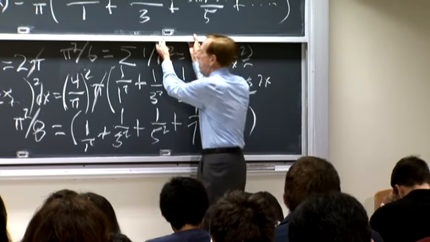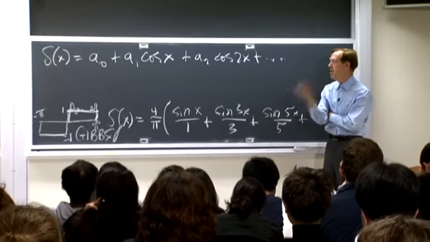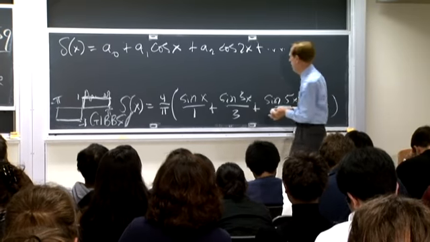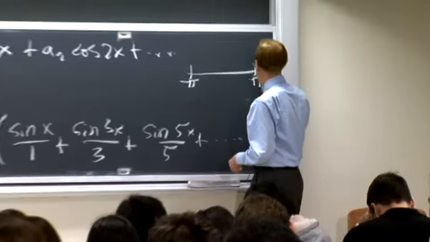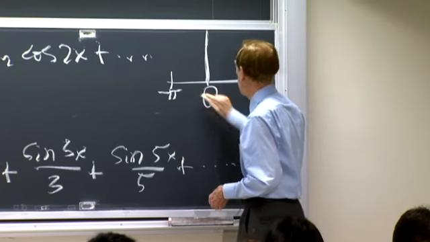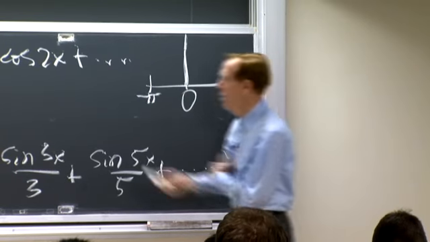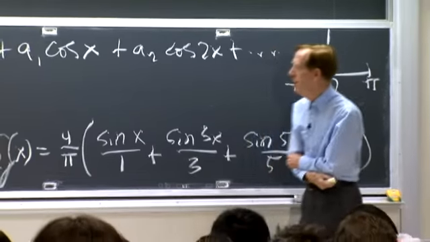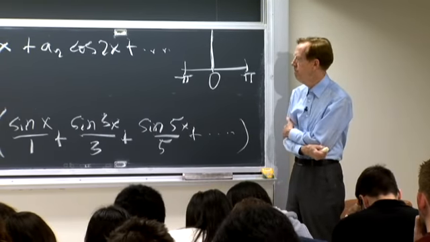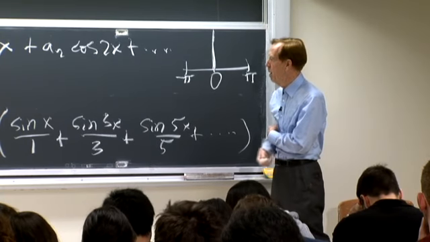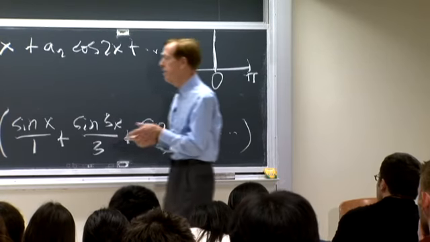Okay, let's do the delta function. So that's an even function. Now I'm looking at the delta function from minus pi to pi. It has the spike at 0, and it's certainly even, so we expect cosines. And what are the coefficients? It's a very important example to know. So what's A naught in general? The coefficient A naught in the Fourier series is